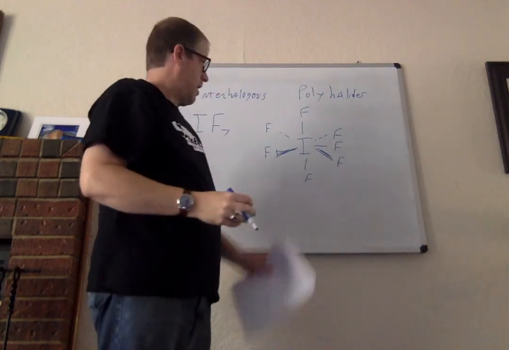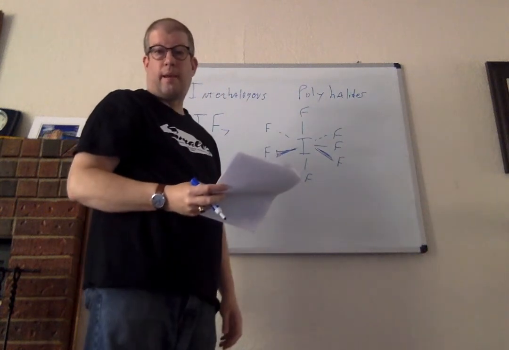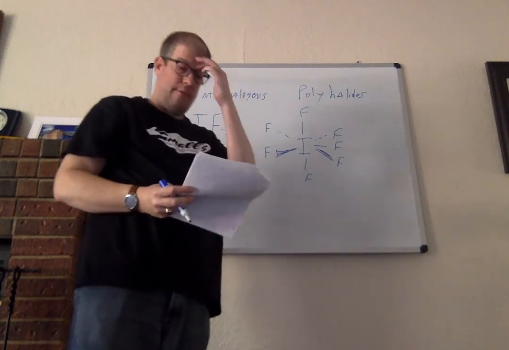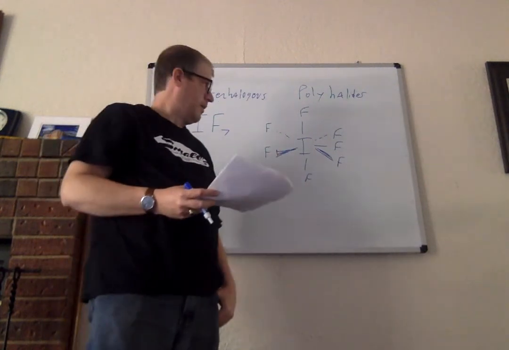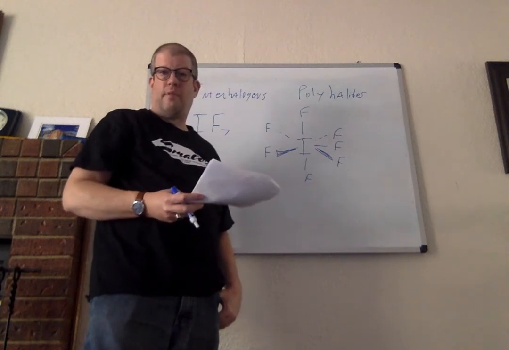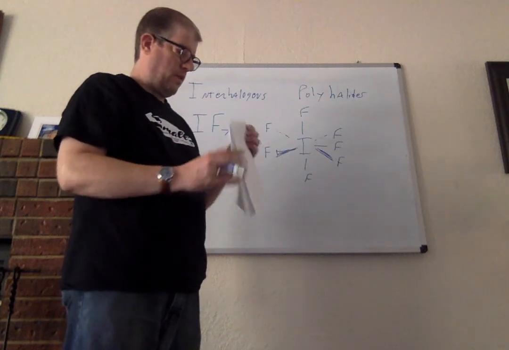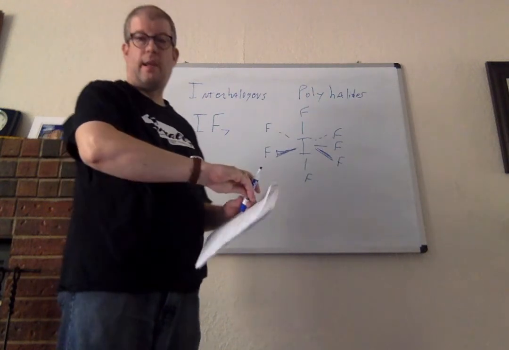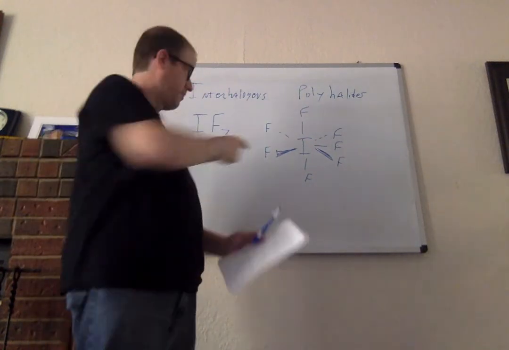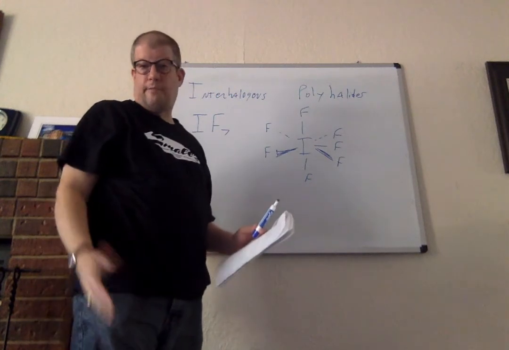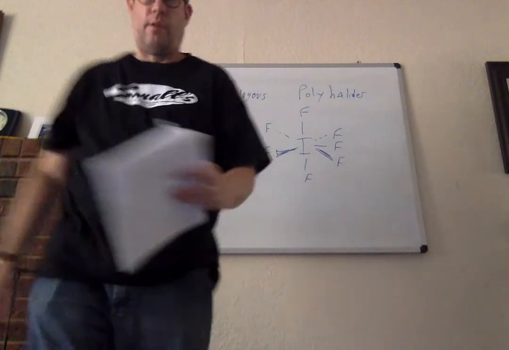In the plane here, we have a pentagon consisting of 5 fluorine atoms, one on each apex, and 2 axial fluorines. That's just one of the few examples of this for 7 coordination that you can find. And so those are the polyhalides, the ones that exist. They're all reactive too. This is a good fluorinating agent. So is IF5. If you want to fluorinate something and you can't do it any other way, that tends to be a good way to do it.